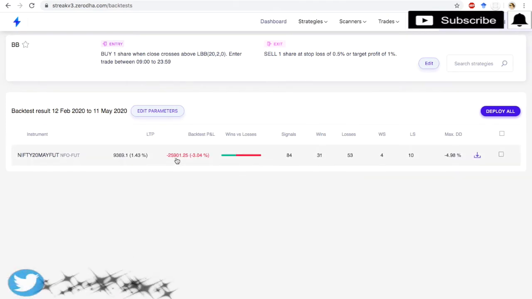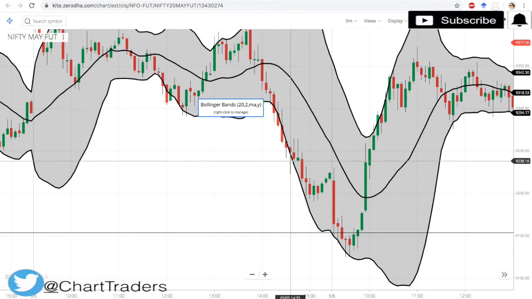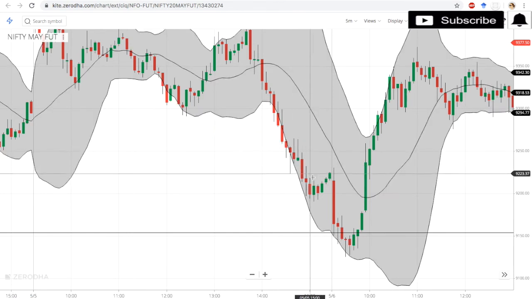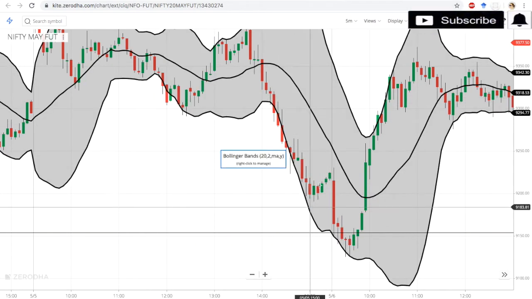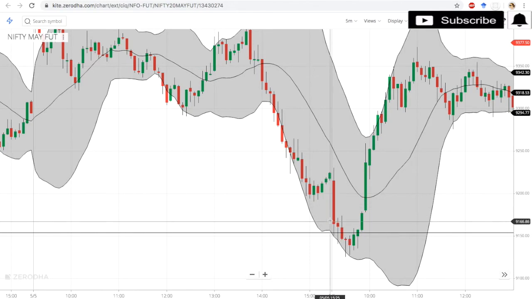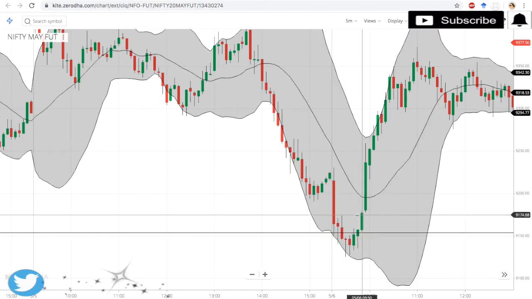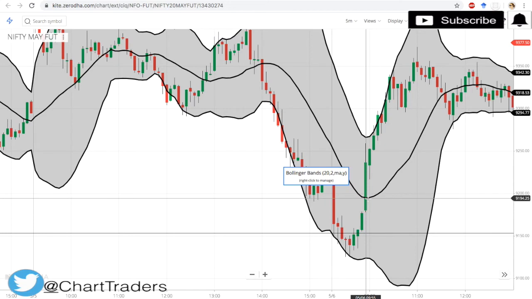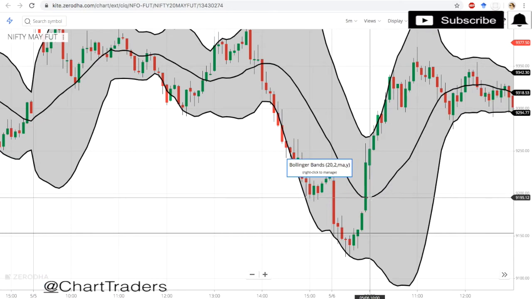Now it shows minus 25,000. Okay, the reason is simple. See in the graph, the close is above the Bollinger Band, but further we have a downtrend. So theoretically we can say buy when the price is near the lower Bollinger Band, but practically it's not possible. So one solution is you can buy when the close is above your lower Bollinger Band, and